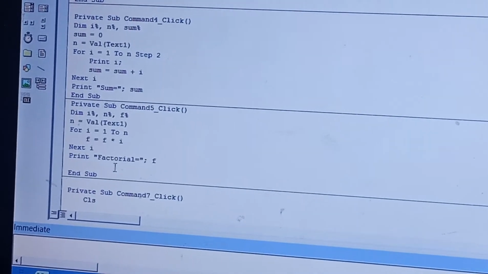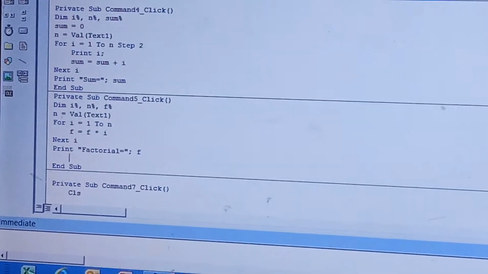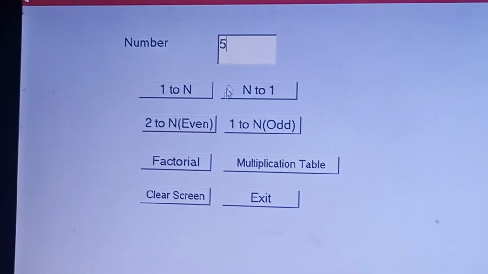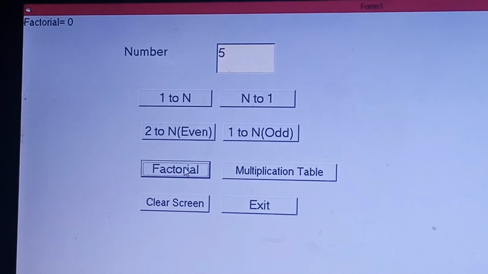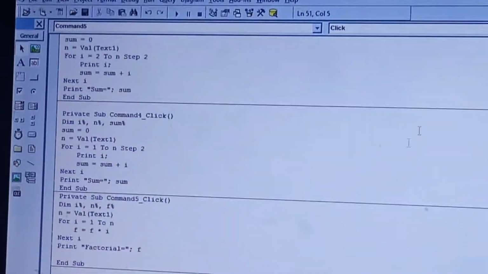Now will this program work? That we have to see. There is a small problem in this. Okay, but let's see if it works. Click it, and what is the result it is going to give. Let me put here 5 and I get the result as 0. Why? Now I wrote the entire program about factorial, why it's not working.